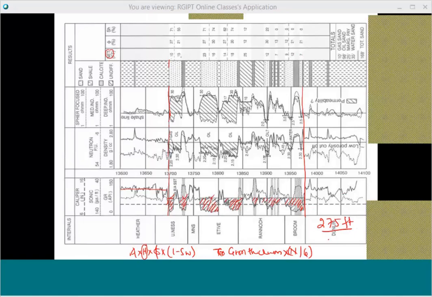So out of 275, you have 168 feet as your sand, which is contributing, divided by